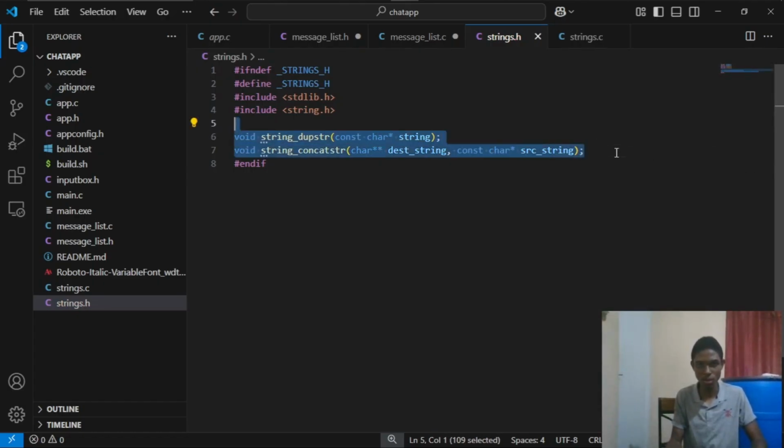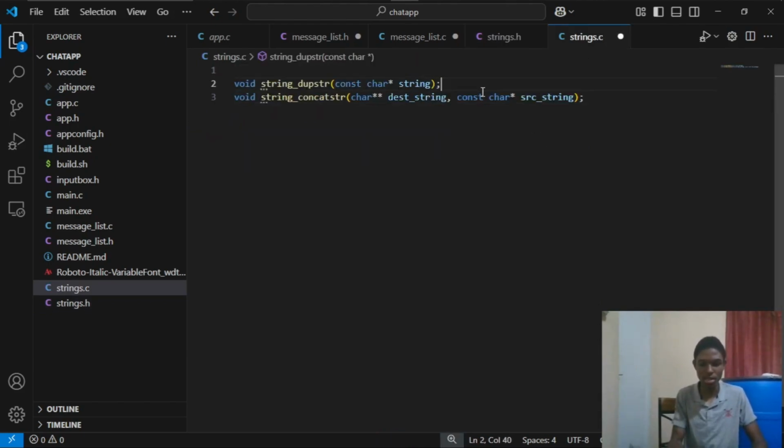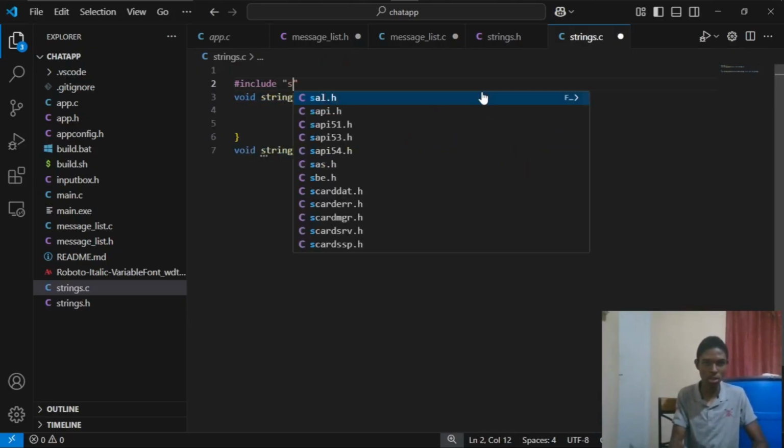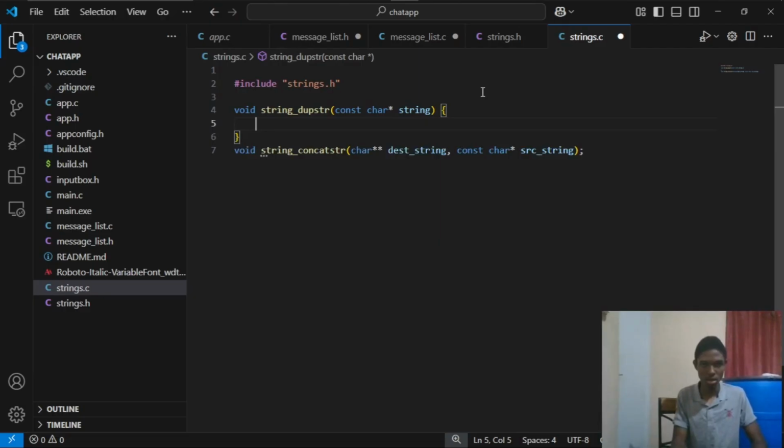Now let's create these two functions now, guys. So I'm just gonna copy those prototypes. Let's create the dupe_str function. So we're gonna need to include our strings.h. Now to duplicate the string, we're gonna have a check. So we're gonna say char pointer new_str equals to